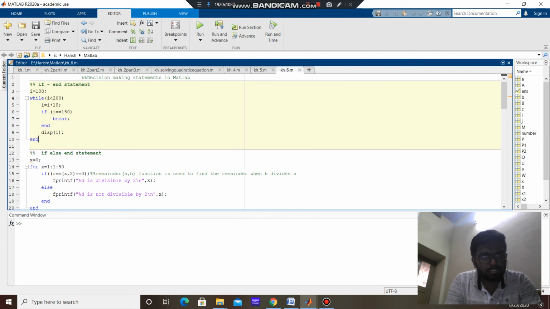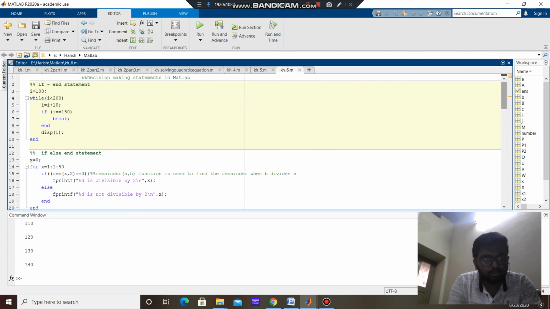Now coming to the decision making statements in MATLAB, first we are going to see the if statement. In this, if the condition is true, then the statements within this if block are executed. If we run the section, we can see that only up to 140 the I is printed.